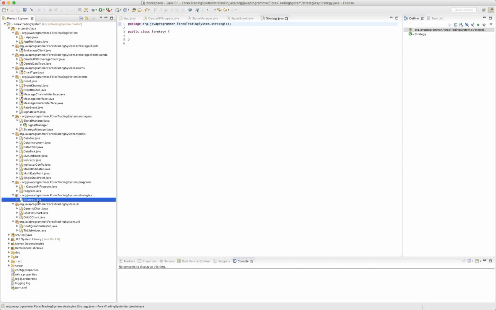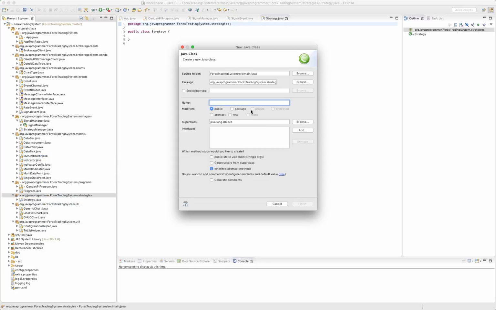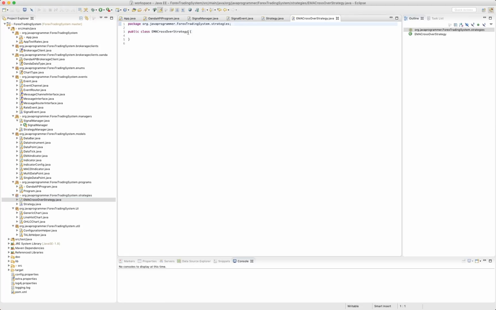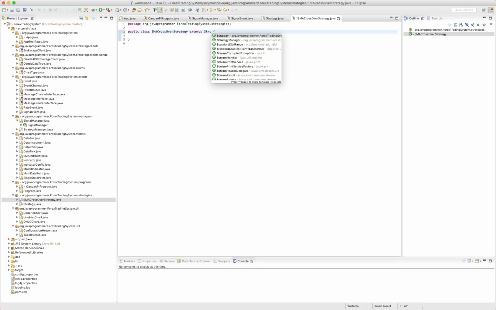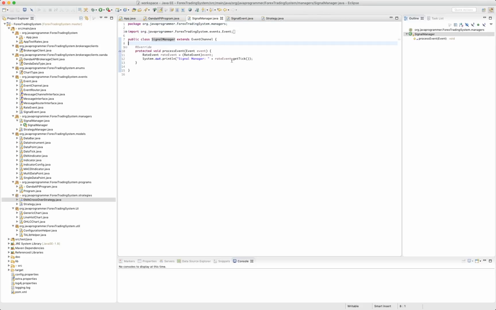So this is going to be a base class, and then we're going to have, so let's create a new class. We'll call it EMA crossover strategy, and it's going to extend strategy. All right. So for now, our signal manager,